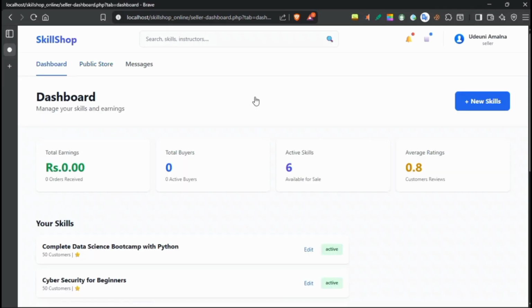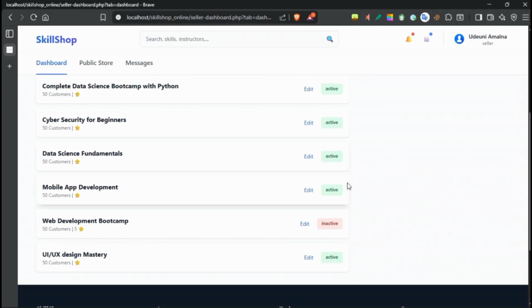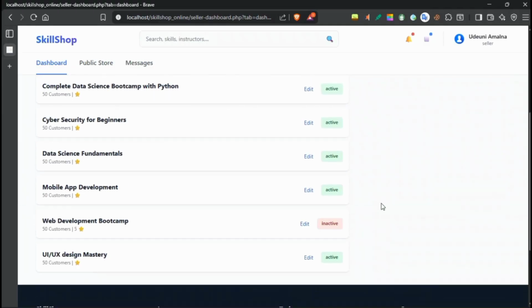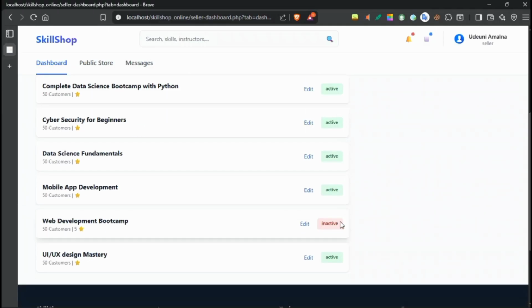In the dashboard page, first we have added the cards: total earnings, total buyer, active skills, average ratings, and then under that we have added my skills, which I have added to the database. It shows the product that is active and that is inactive, and if I edit any of this,